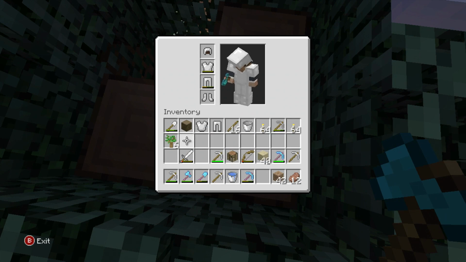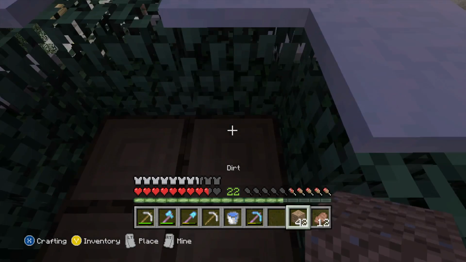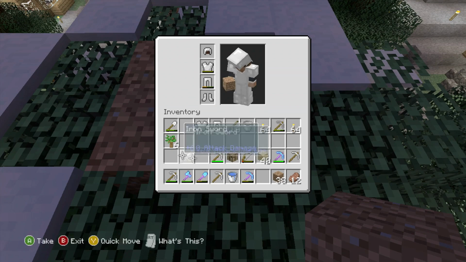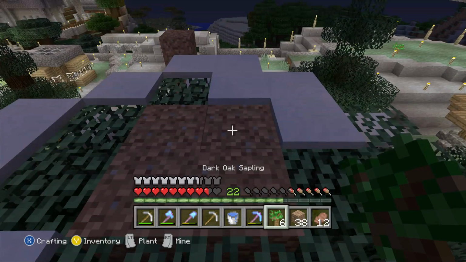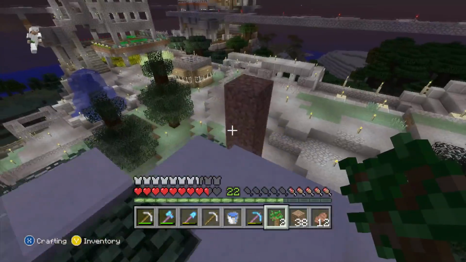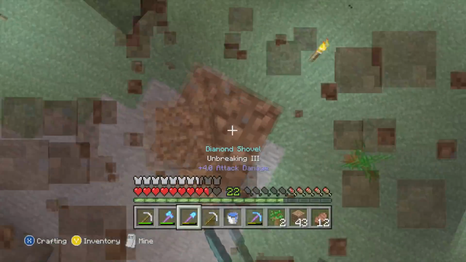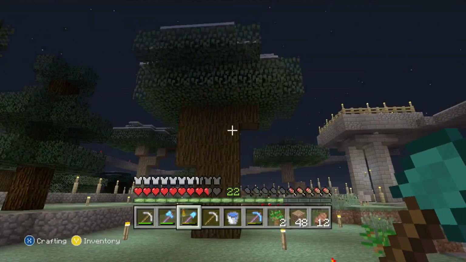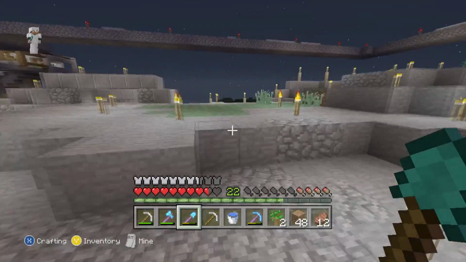Now, in order to extend this to the next level, I believe I'm going to put a row of soil, and then I've got the same types of wood here, which is dark oak sapling in this case, and I can do this. Now I think that should hopefully mean what we've got there would be doubled up there. So I think I might go 3, maybe 4 layers